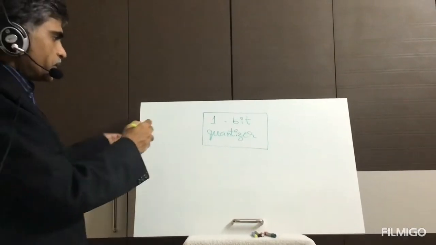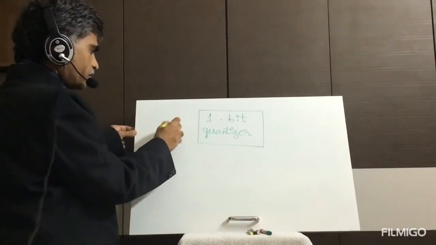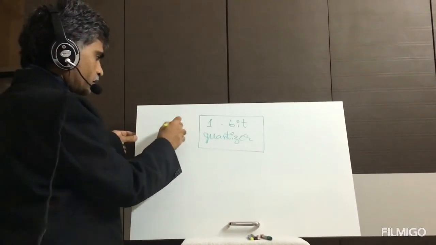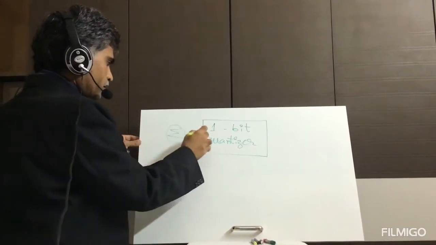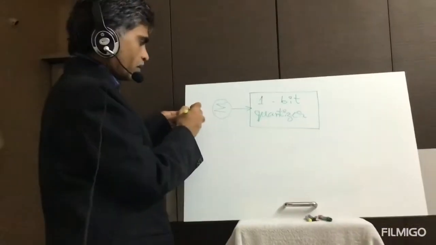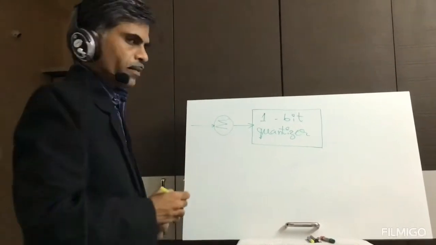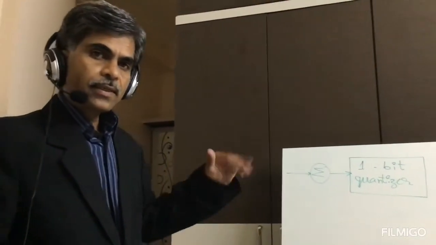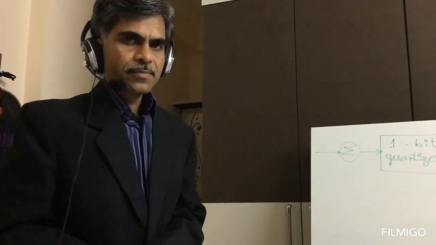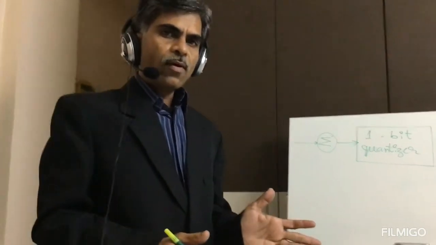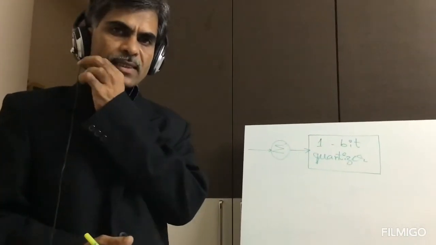One of the inputs to this summer will be from the input signal to be transmitted, which will be usually in analog form, but we will sample that and generate